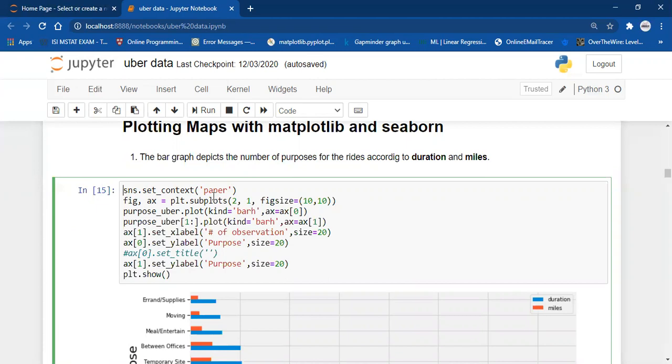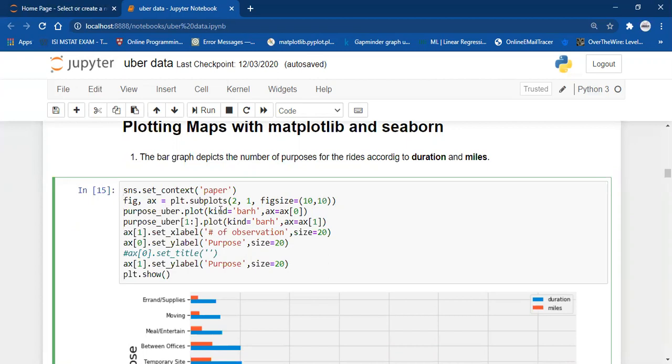I have used paper, you can use notebook, you can use talk, you can use poster. If you see the documentation of Seaborn, you can identify the various contexts you can set, and then I call fig, ax = plt.subplots because I want to create subplots. I want to create subplots of 2 comma 1, that is 2 rows in one column, that is horizontally, and then the figure size is 10 comma 10.